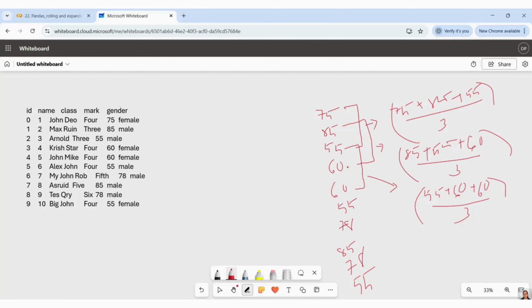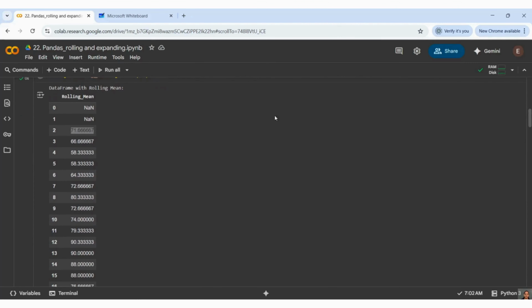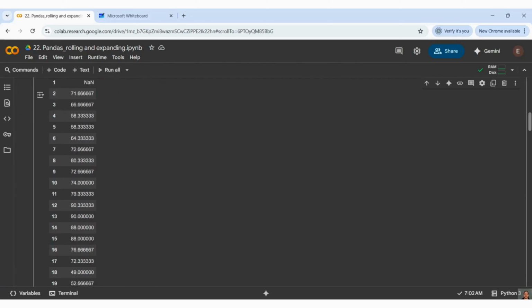Again, my window will come here. Then my window will come here. So it will just shift by one point and it will give you the mean of that. So this is the output you are seeing. And it will do it for the overall length of your data set, till the end.